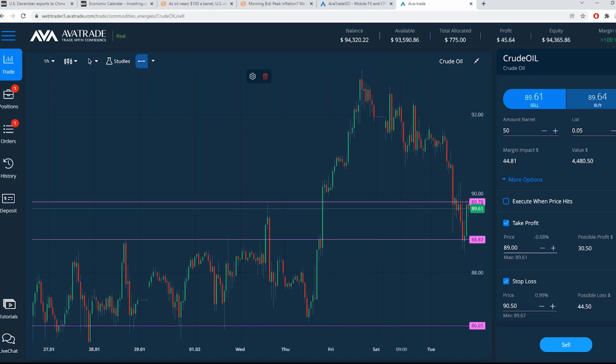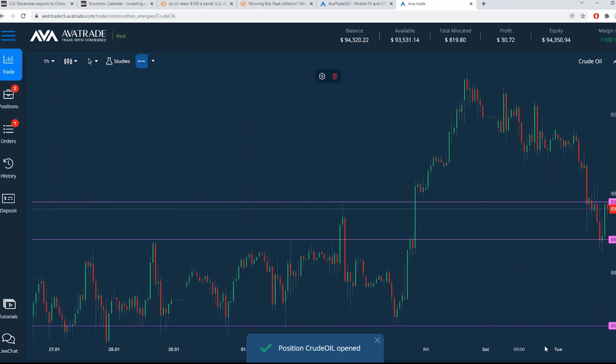89. So we're looking at a little larger possible loss than the possible profit. If you're going after a take profit down here with your stop loss up here at 90.50. Maybe you could cheat your stop loss a little closer, say 90.25, and you've got a more 1-to-1 ratio for possible loss, possible profit. That's just a little scalp move, okay? Not a big deal, right? If you take a trade size that makes sense to you.